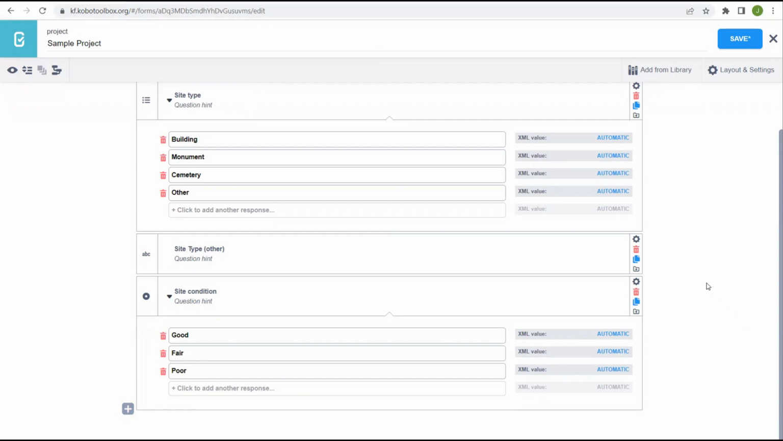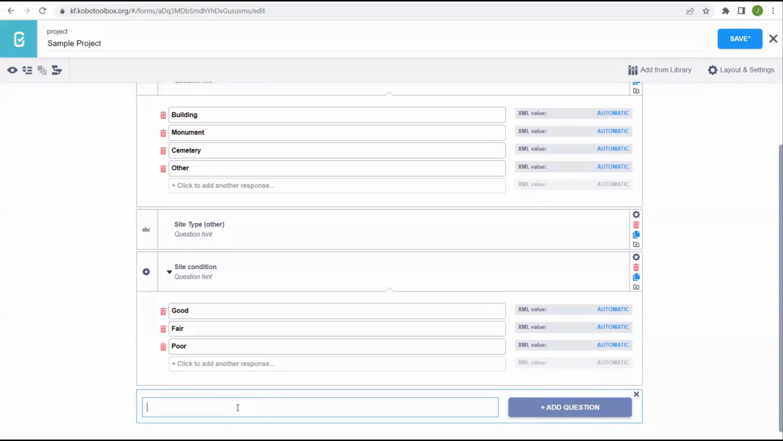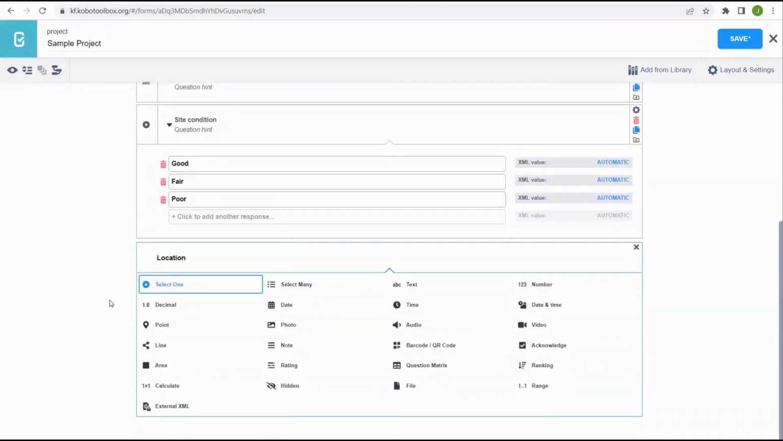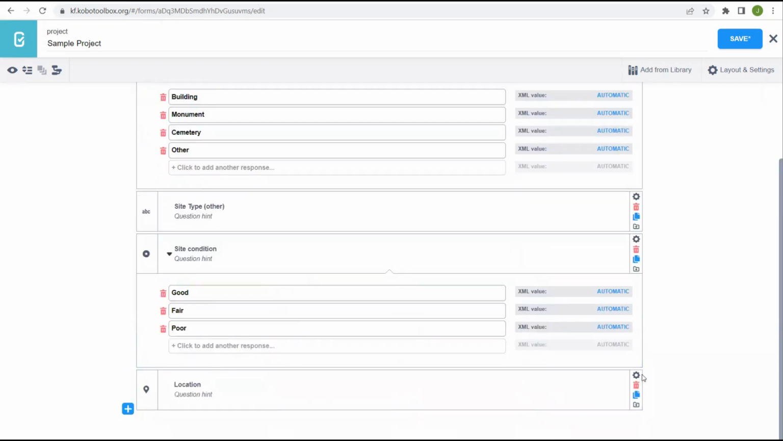Another important type of question that we are probably interested in would be the location of the site. So I'll add a question. What's nice about KoBoCollect is that we have this point, line, and area feature. These will actually create a point in the map. It'll use the GPS built into your phone or tablet and collect a point. Now, of course, this only works if you have internet connection to your phone or tablet as you're out in